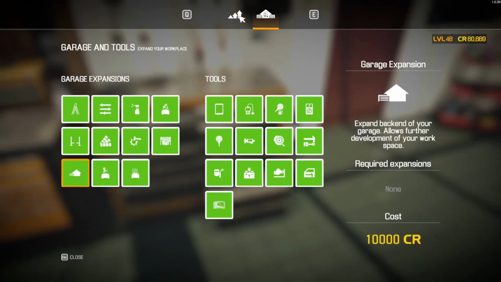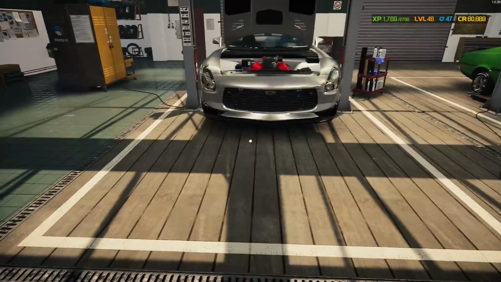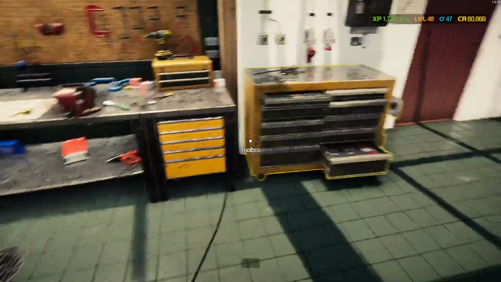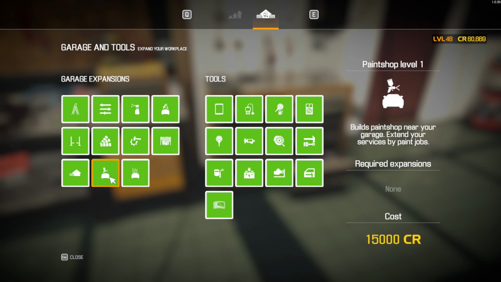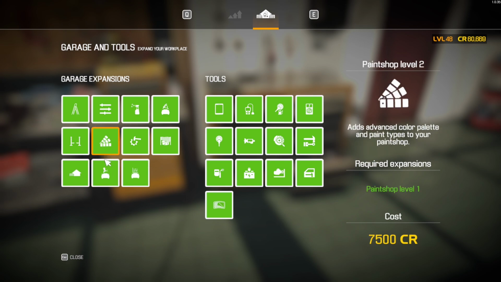Useful. And yeah, so that about sums this up right there. Yes, and earlier, I believe we were going over a few of these parts. As far as the garage expansion, you do need that in order to get the lifter and the customization, as well as the paint shop. You need that before you can get the paint shop or the dyno. But,